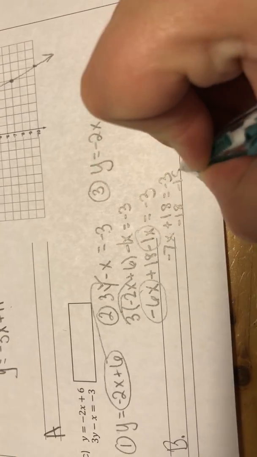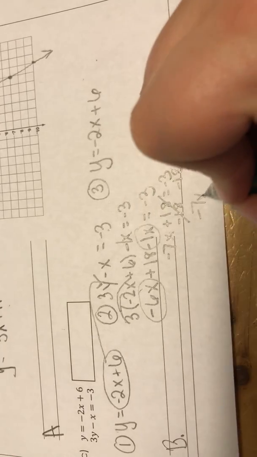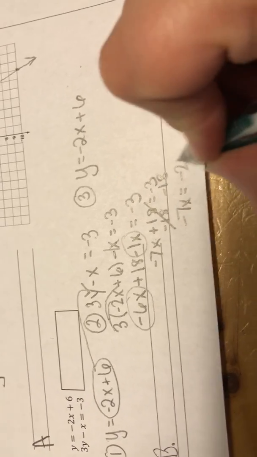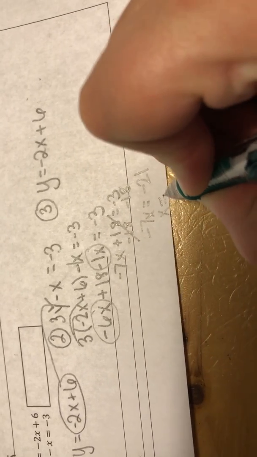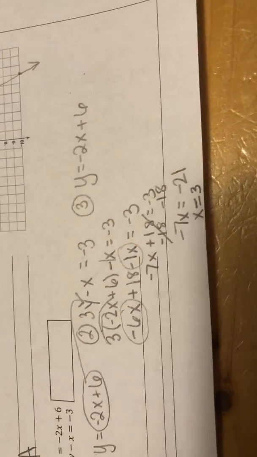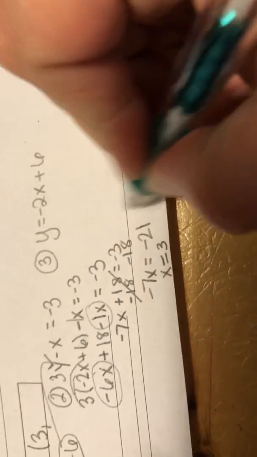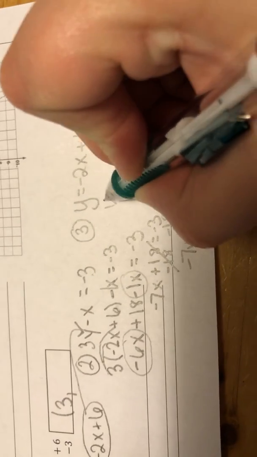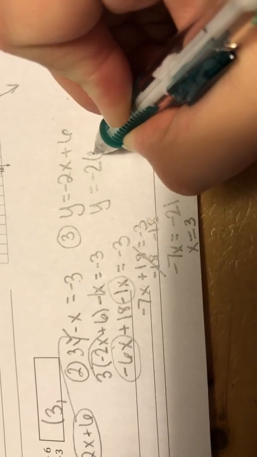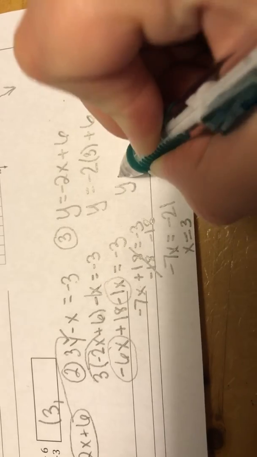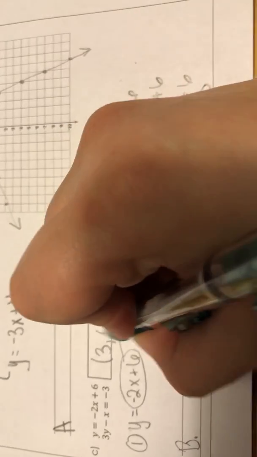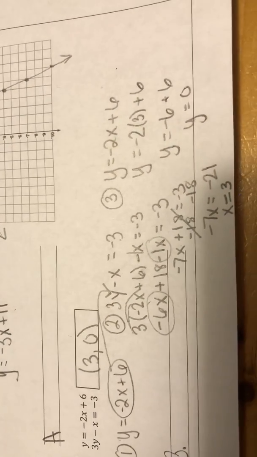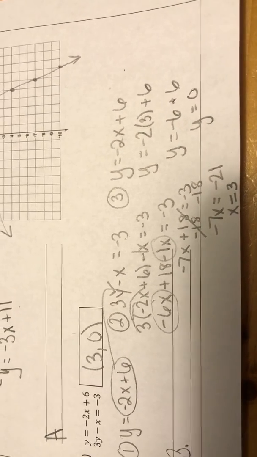Subtract 18. And then if you divide by -7, you get 3. Okay, so I know that my x is 3. And if I plug that back in up here, we get 0. Okay. Next,